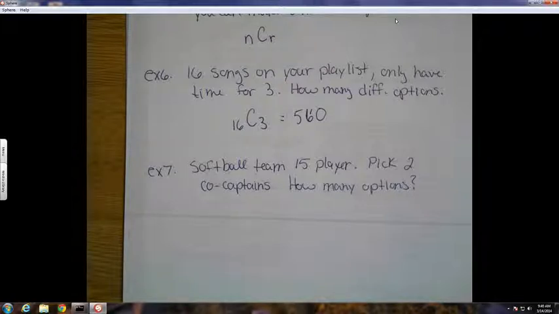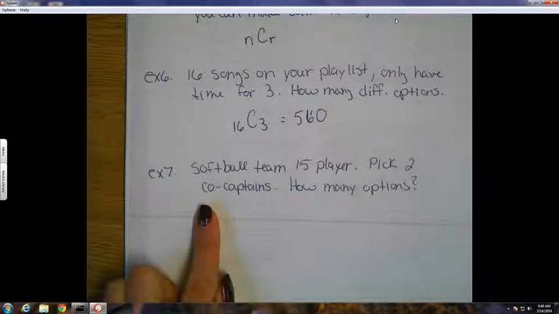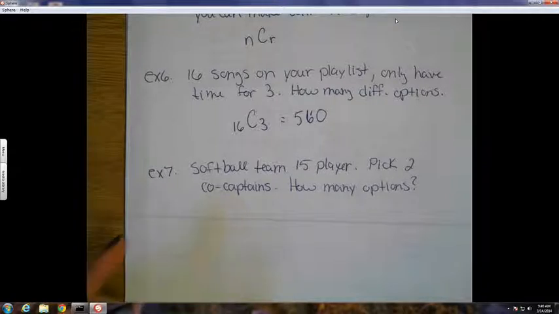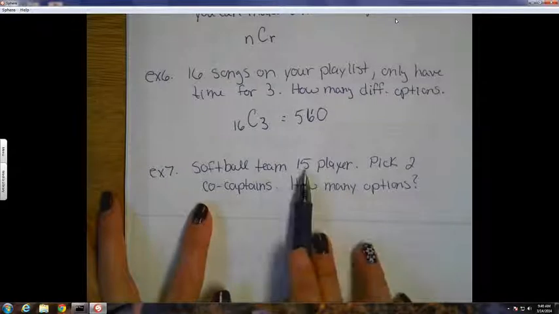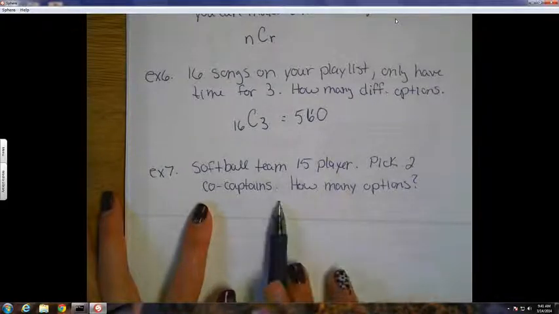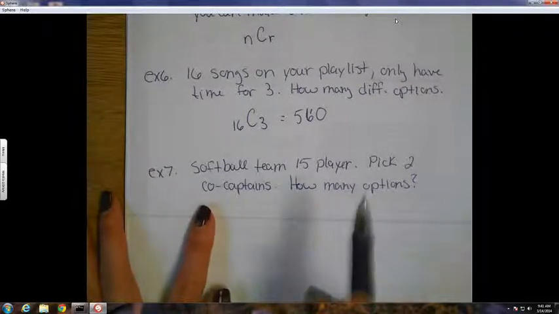The captain was way different than the equipment manager. So if Bridget was captain and Anna was equipment manager, that's different if I switch them and make Anna the captain and Bridget the equipment manager. That's why I had to count those as different outcomes. But here, co-captain, if Bridget's a co-captain and Anna's a co-captain, if I switch them around, that's the same set of co-captains. So does the order matter here? No, these are the same thing, so it's just choosing a set of 2 people from these 15. So don't think of this as an nPr, this is an nCr. These are the ones that people get confused on. So this would be 15